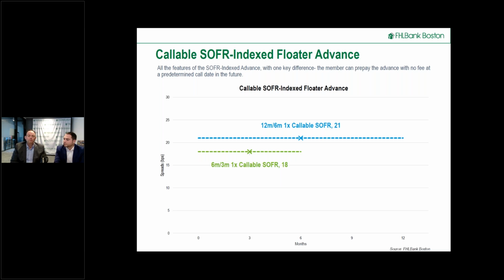Maybe we have some outperformance in terms of deposit growth. Maybe we see some underperformance in terms of the loan growth coming in. So whereas maybe I thought I needed funding for 6 months, in practice we'll need it for 3 months. So it would be great to have the option and the flexibility to